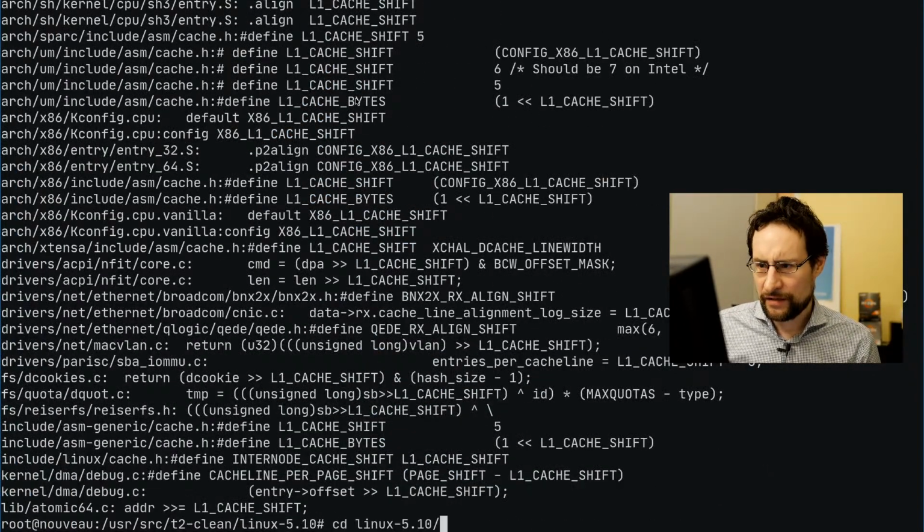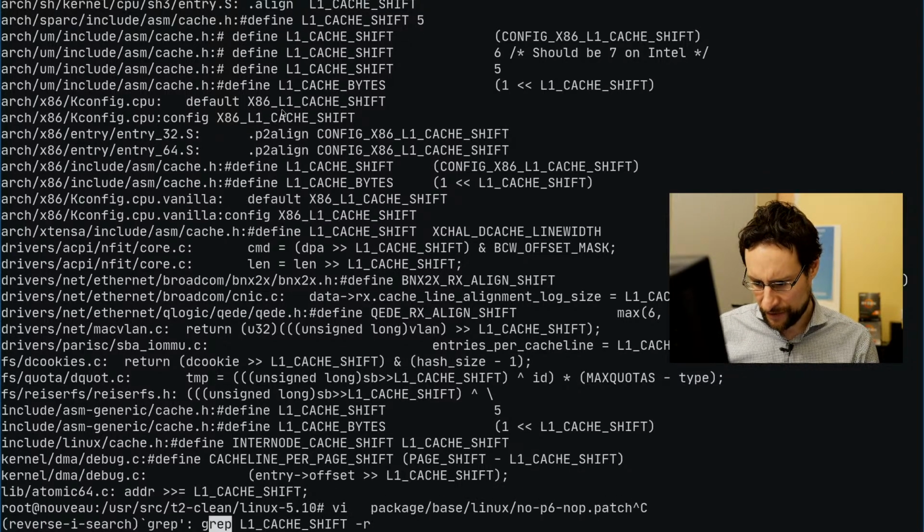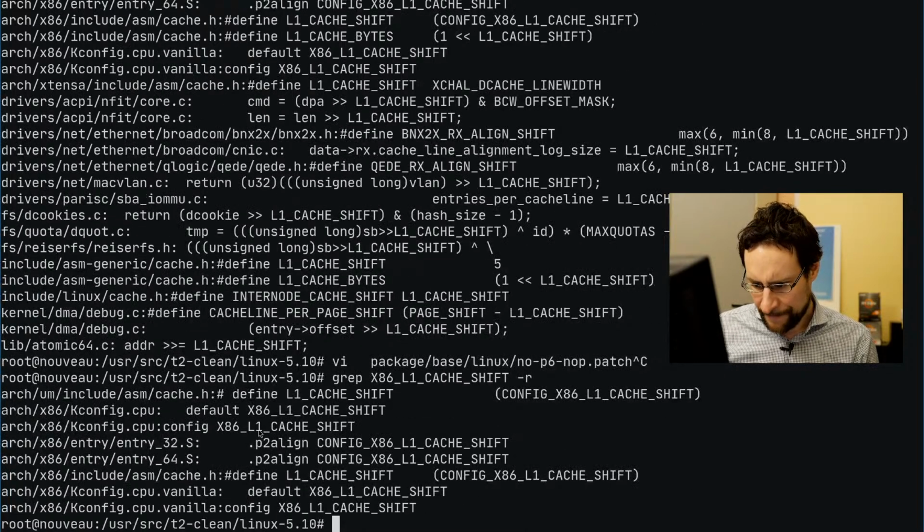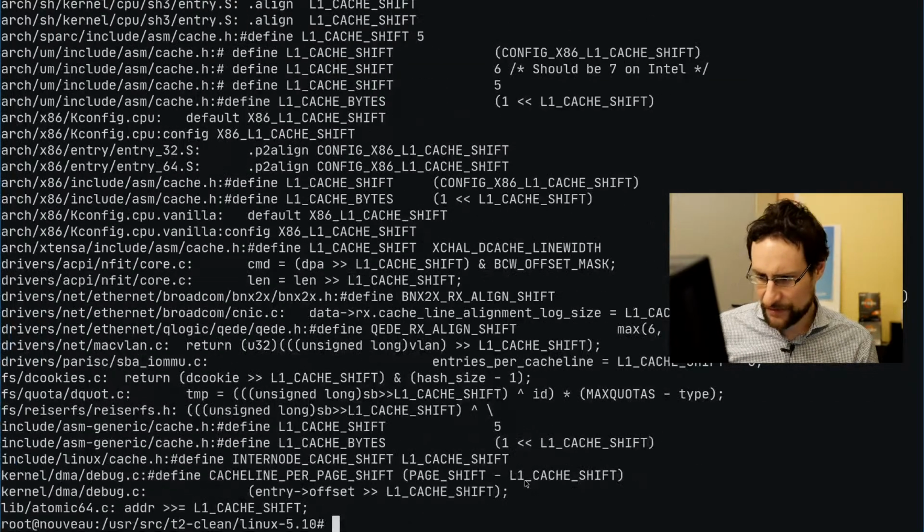And anyway, this is used a little bit all over the place. If you're wondering why I grep for L1 without x86, this is defined there somewhere. I also grepped this before, so somewhere they also align here, so entry align that to the L1 cache shift as an optimization of better layouting, for better cache efficiency. And they also define it in inline assembler, cache.h, header L1 cache to CONFIG_X86_L1_CACHE_SHIFT. So this is all over the kernel a little bit, as you see here. And so this is a little bit hard to tell.